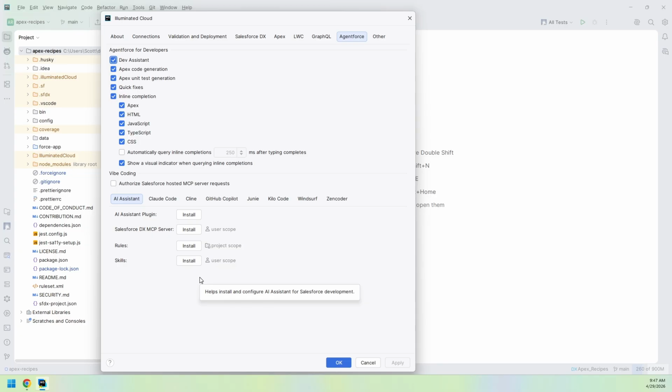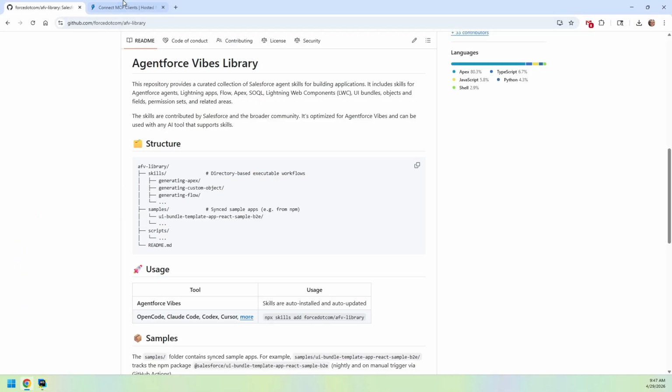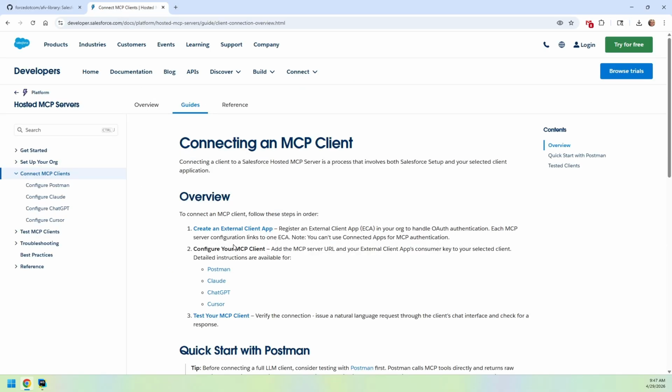I know a lot of people have been asking Salesforce, how can I use all this with Claude Code, with GitHub Copilot, with whatever it happens to be, with Cursor? And so they've actually documented that. In fact, if I move back over here with the hosted MCP servers, they talk exactly about that, how to integrate their hosted MCP servers with Claude, with ChatGPT, with Cursor, and we'll revisit this in just a few moments